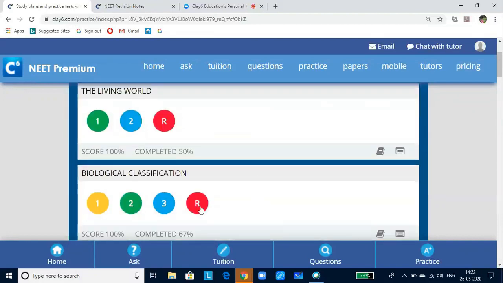And this red bubble is also a test. Once you have completed all these 3 levels, you can click on the red bubble, and it's a randomized test which will help you to revise, wherein the complexity will be in randomized fashion. It will help you see whether you are able to recollect and apply the concepts. Now with this, I hope you have got to know about how to navigate through the website.